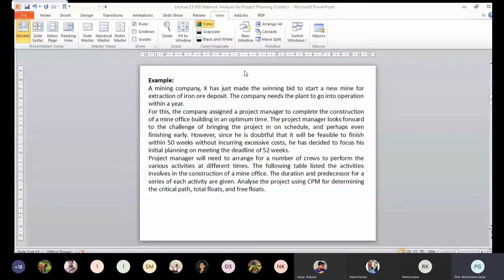So just for example, I have taken a mining industry problem. I am briefly explaining the problem; you can read it. A company has to start a mining operation, and before the mining activities start they are going to construct the office buildings. They have one year in hand to construct all the office buildings for smooth operations of the mining activities after one year. So for that, they have identified some of the tasks for constructing the building.